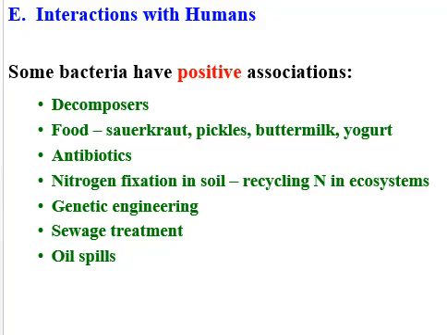And then above that, there's different foods that rely on bacteria. Some people like these, some people really don't like them. But sauerkraut, pickles, buttermilk, yogurt, antibiotics. You know, the original source of antibiotics, penicillin, was bacteria. And there's new strains of antibiotics that are being developed all the time, especially to deal with the ability of bacteria to evolve quickly and develop